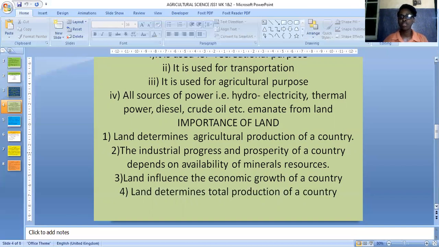Land influences the economic growth of a country. When a country has sufficient land, other countries will come to invest. Foreign investors will come to the country to invest. And also the progress and prosperity of industry depends on land because there are some natural resources gotten from land. So let's go to our next topic, which is